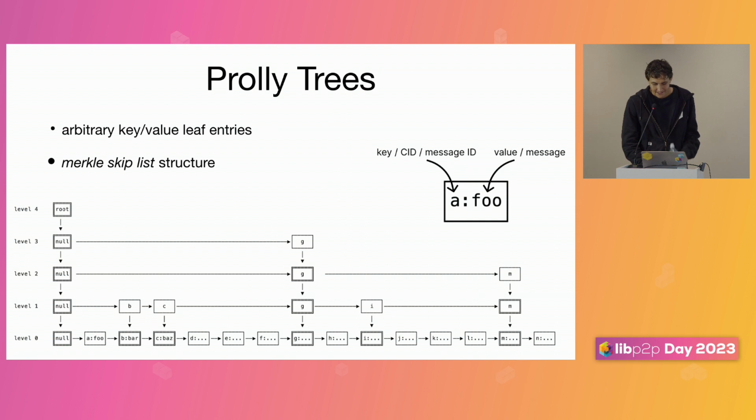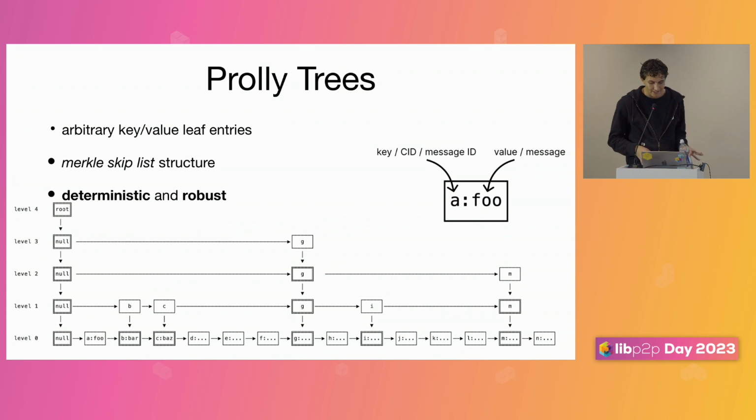So the significant thing about a Prolly tree is that it has these two properties. It's deterministic and it's robust. The deterministic property means that the structure of the tree, so how many levels there are and which parents at which level are the parents of which children, the entire structure of the tree is a pure function of the content of the leaves. So those entries that we started out with uniquely determine this tree structure. It's a Merkle tree, so all of these nodes have hashes in them too. So all the way up to the root hash, it's a pure function of the leaves.